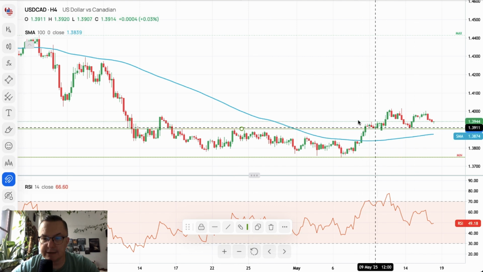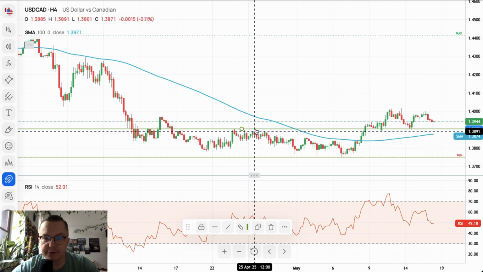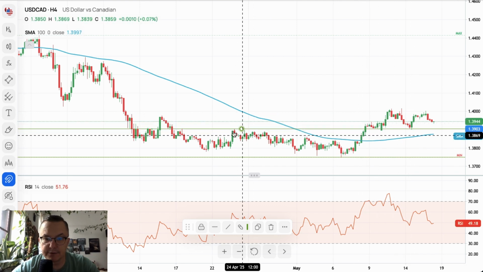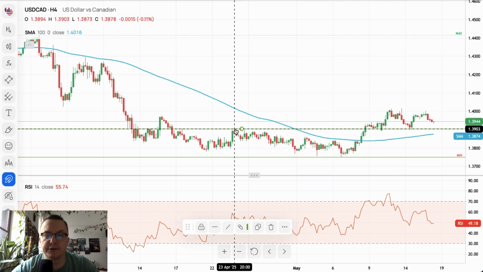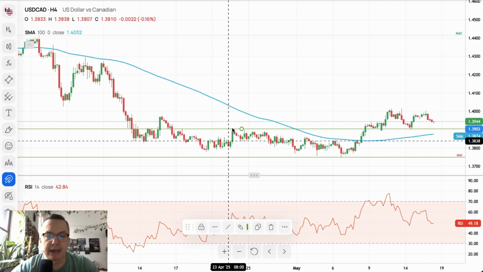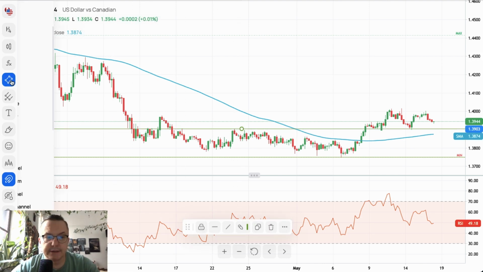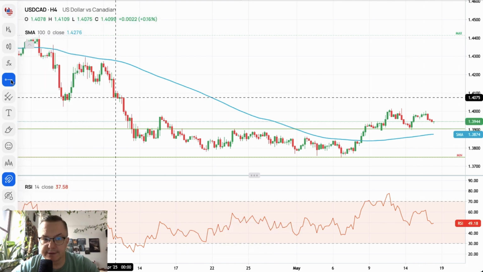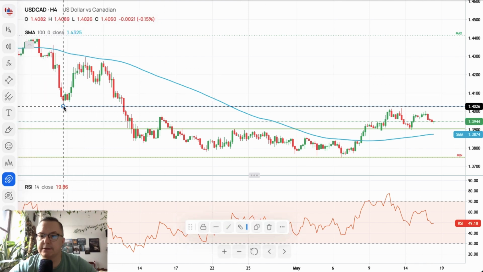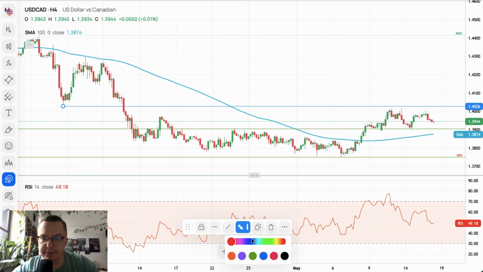and there is one more technical support located here, a very important one. It used to be tested here twice at least. 1.3903. Now, resistances, this is quite simple, because the resistance is located roughly around here, and the market definitely sees this level